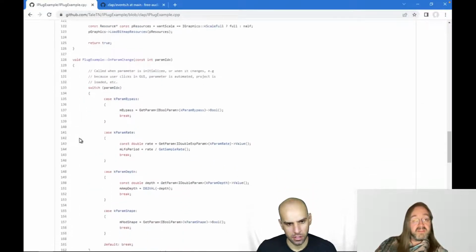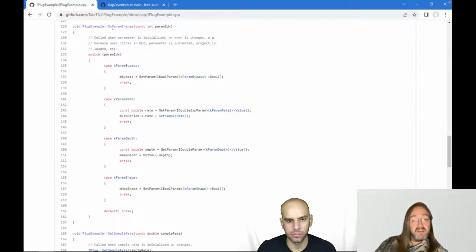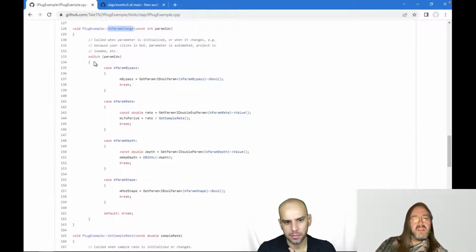Well, then we have some parameters. When they change, this callback gets called, and then you can query the values or do whatever you need to do. It's not doing much, but it's just storing the values, doing some simple calculations. That's like my slider section in JSFX. Exactly, this is the slider section. The only difference, of course, is that the slider section usually handles all parameters one by one, but this one gets called for a very specific parameter, one at a time.